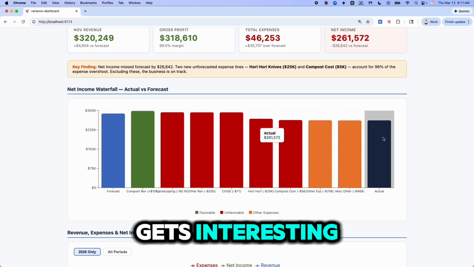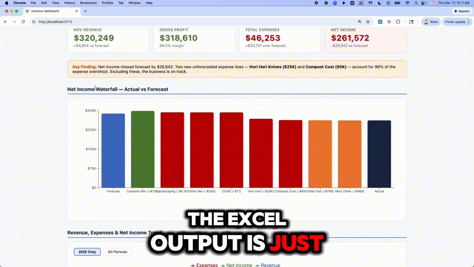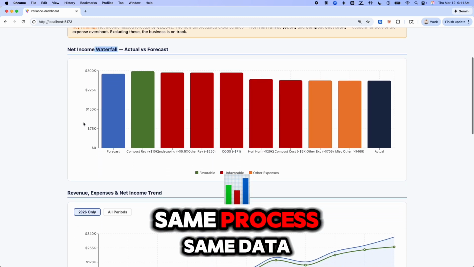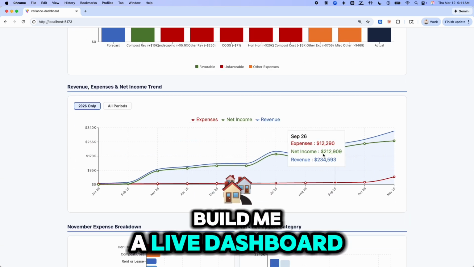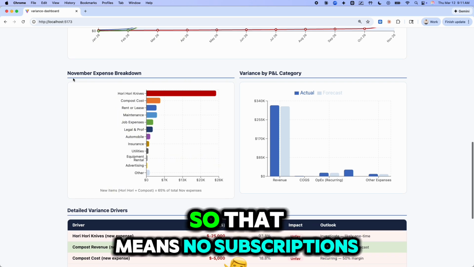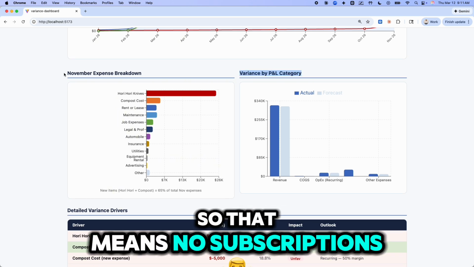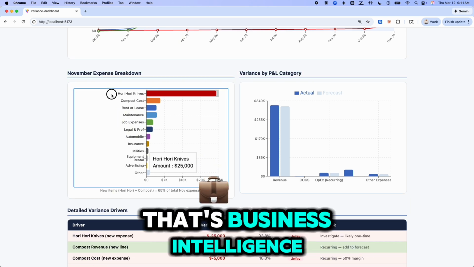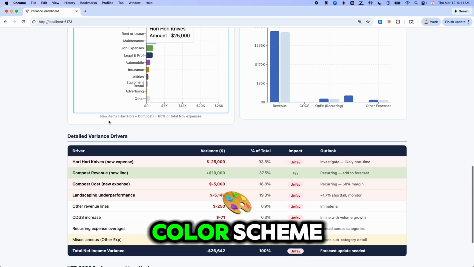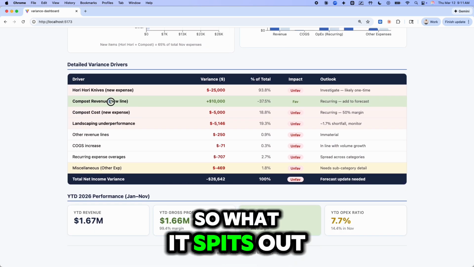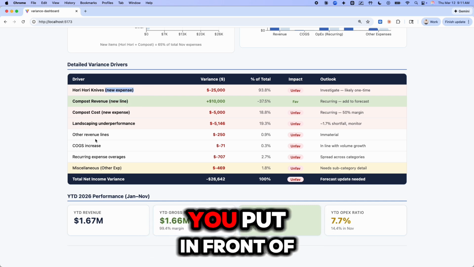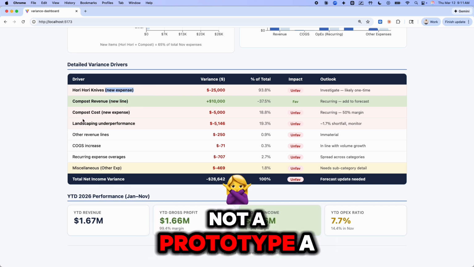But here's where it gets interesting. The Excel output is just the start. Same process, same data. I also had it build me a live dashboard. This is hosted locally, so that means no subscriptions, no BI tool license, that's business intelligence. It already knows my color scheme, my preferred layout, my company context. So what it spits out actually looks like something you'd put in front of a board, not a prototype,